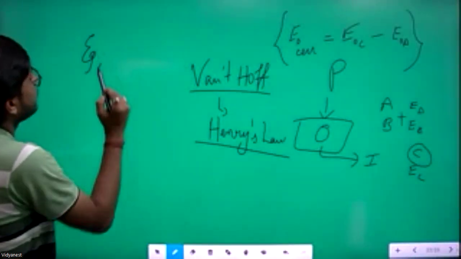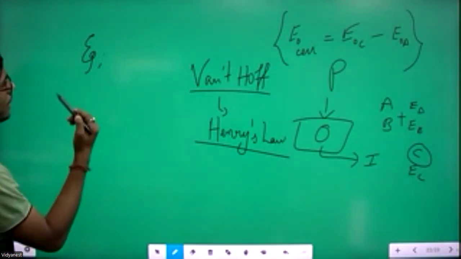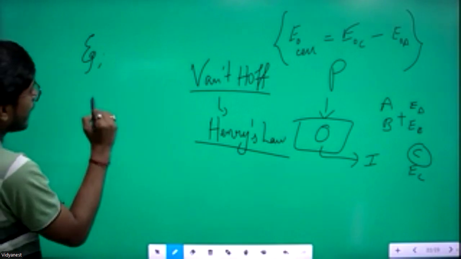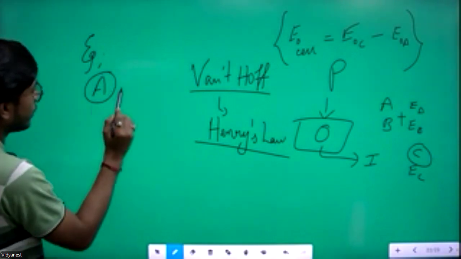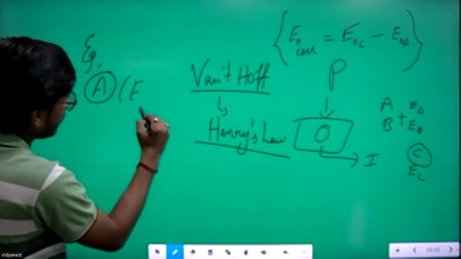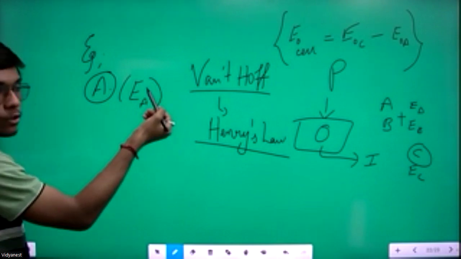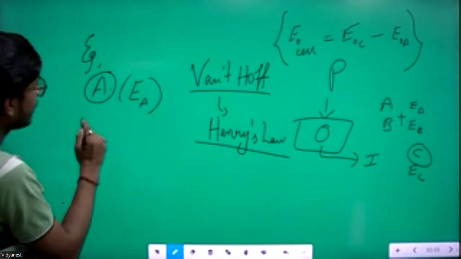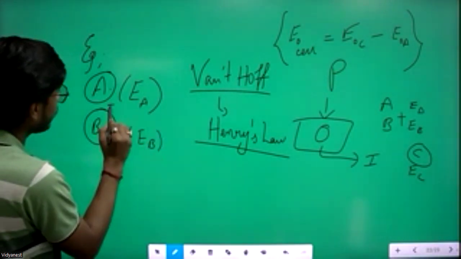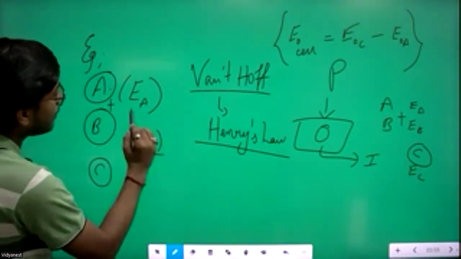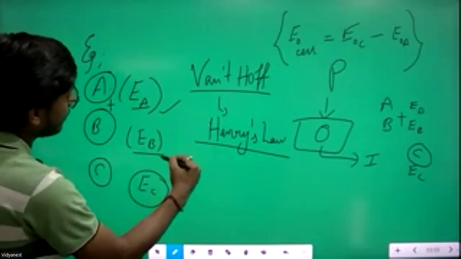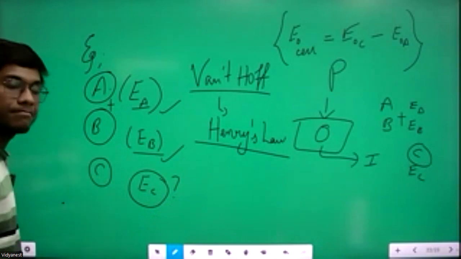I'm just saying that we have a particular reaction, say A. It's a reaction, so there will be some reactants and products. This reaction A will have some E, suppose that's EA, the standard electrode potential of this A half cell. Also, we have some other reaction B. When we add these two reactions, we get some reaction C. So EA and EB are given to you, and you are to find EC. Can you find out EC for me with EA and EB given and all these three reactions given?